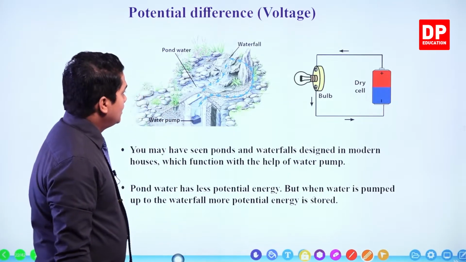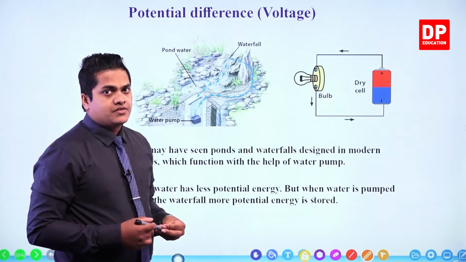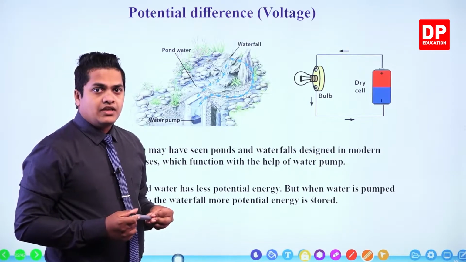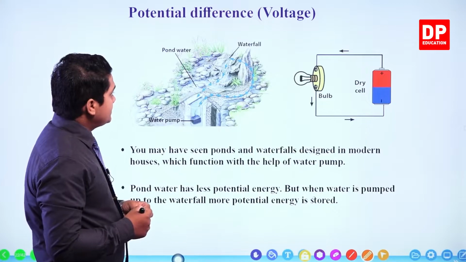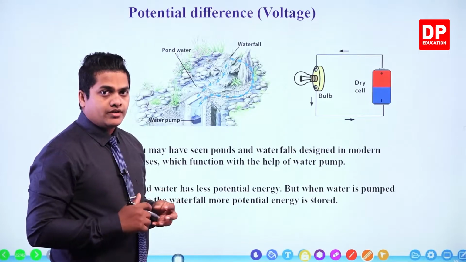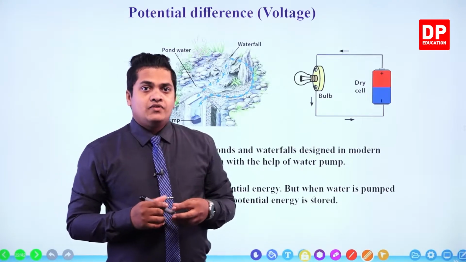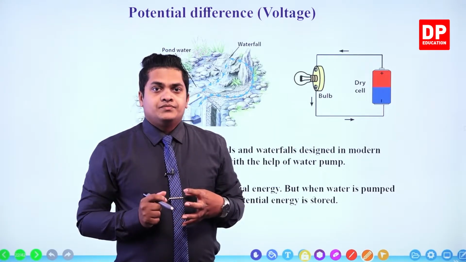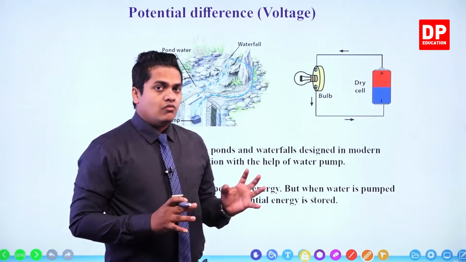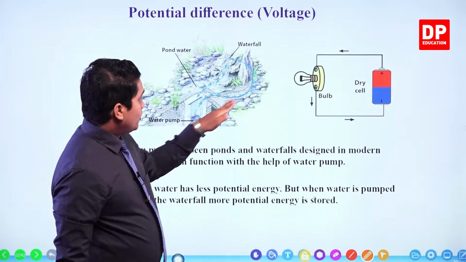Before we discuss the potential difference, you are given a certain figure here. If you check it very clearly, this is a figure of a small waterfall which is created on a pond. Maybe in your home garden, these types of small waterfalls can be observed. These are made with a water pump like this, and the water pump is going to pump water to the top of the waterfall,